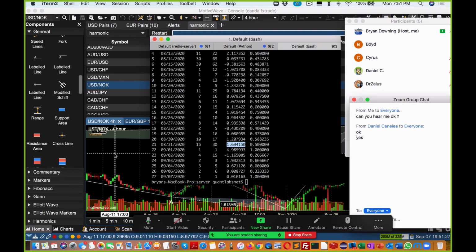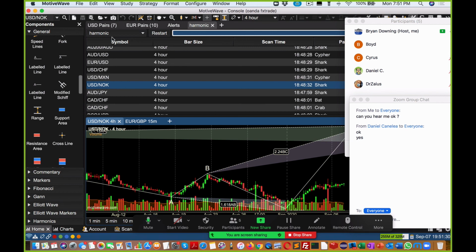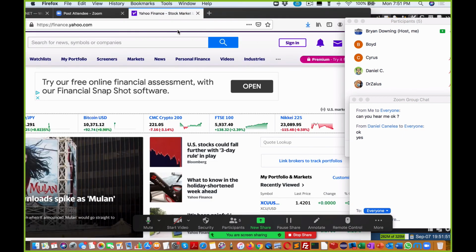Let me know if this judgment call on these harmonic scans works in MotoWave. You can get that in the standard edition of MotoWave if you want it. And it can work against a lot of the popular brokers out there. Oanda, I believe FXCM is supported. I can't remember half the connections for MotoWave, but